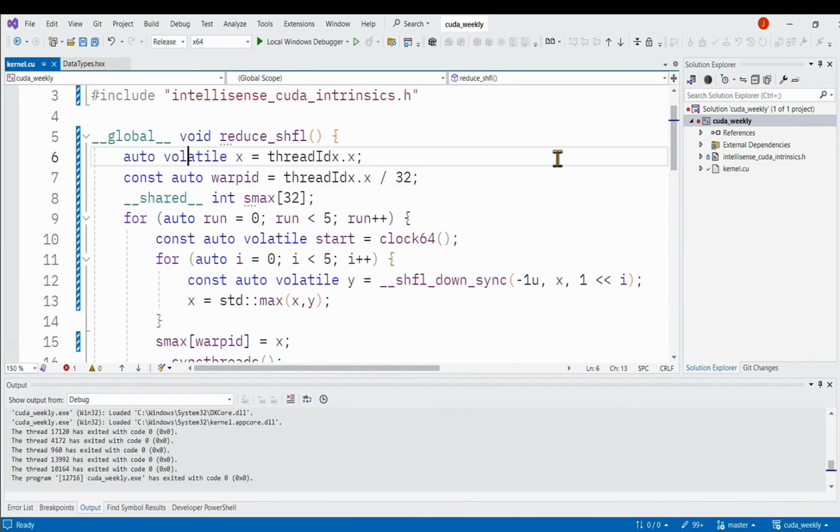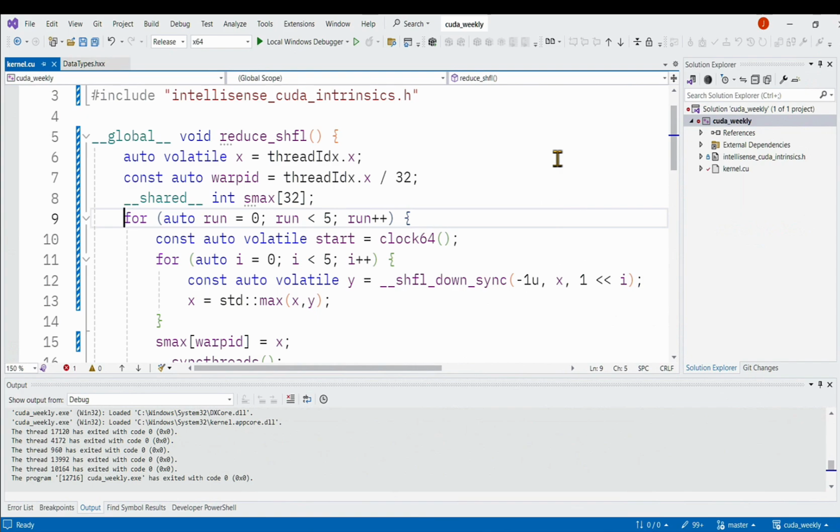Now we start out with an arbitrary number x. In this case, I've set it to the thread ID, so it runs from 0 to 1023. That means that if the optimizer was really smart, it could figure out that the maximum is the highest thread value, but it's not, so we could. Then we divide the work into 32 warps. So for that, we track the warp ID, and we have 32 shared boxes, in the form of this array, to store our values in, one per warp.